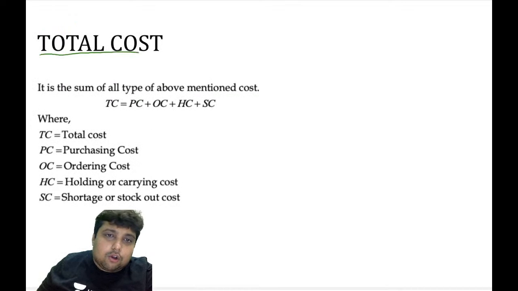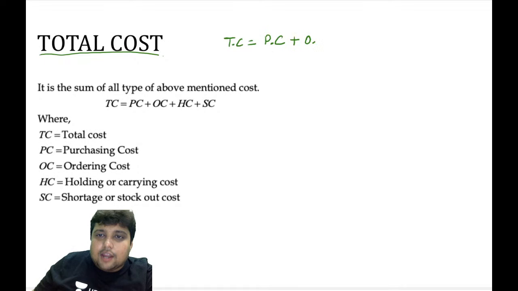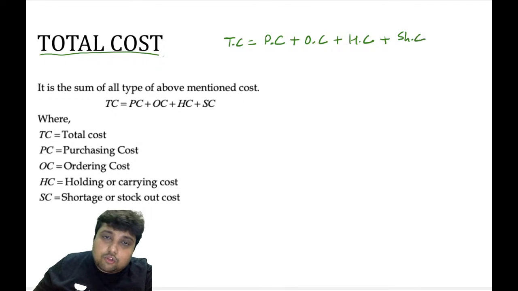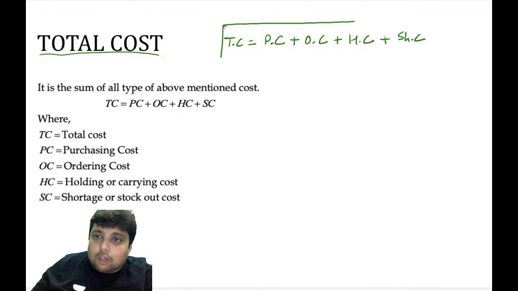Okay, now the total cost. What is the total cost? The total cost, guys, will be something like this. First, there was a purchase cost, then there was an ordering cost, then there was a holding cost, and if shortage is mentioned, then there will be a shortage cost as well. So when I add up all the cost,